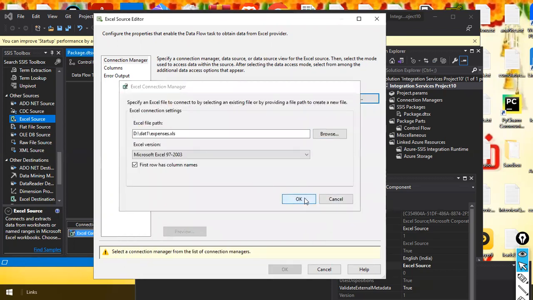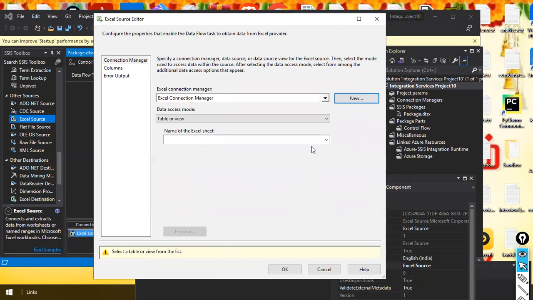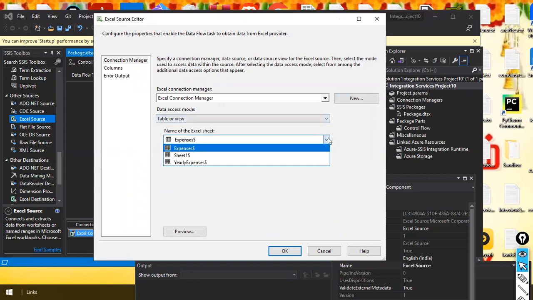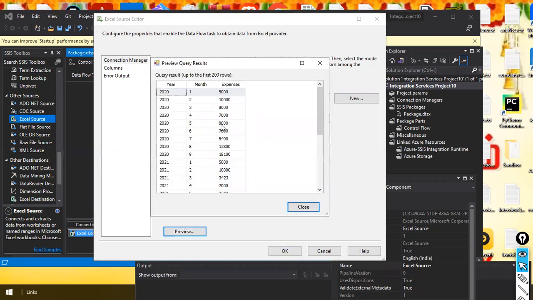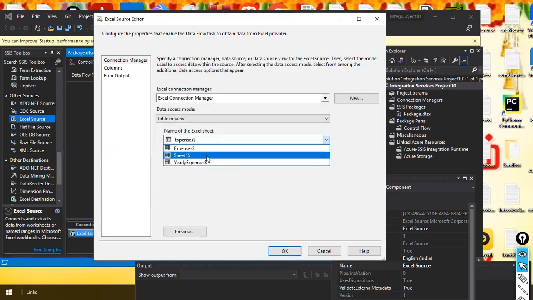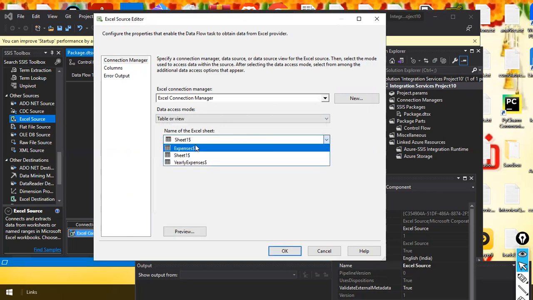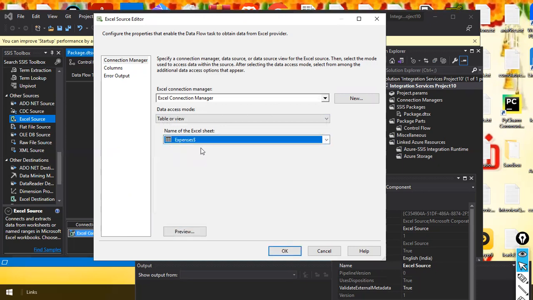That's all. You need to specify the file that you want to ingest or open here, and the name of the Excel sheet. Within this Excel file, it will show you the subsheets. Let's say the Excel file name is expenses, and I have three sheets here. You can select each sheet and check whether it is the sheet you want to load. You can check other sheets also and say, no, not this one, I just want to use this one. Select this subsheet in your Excel file, expenses, and then click OK.